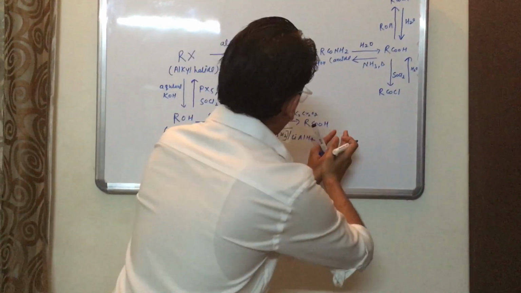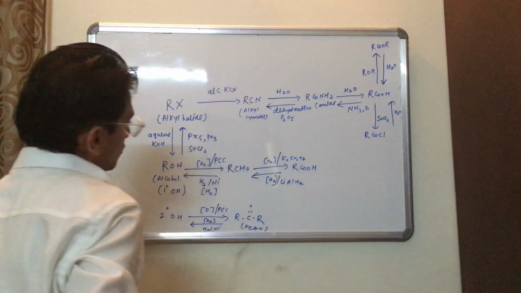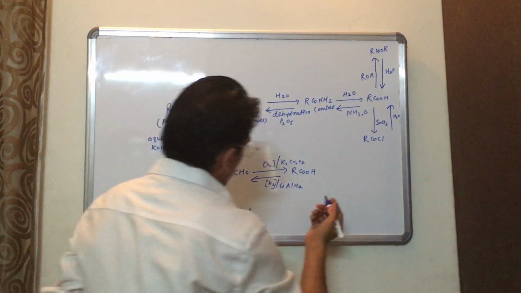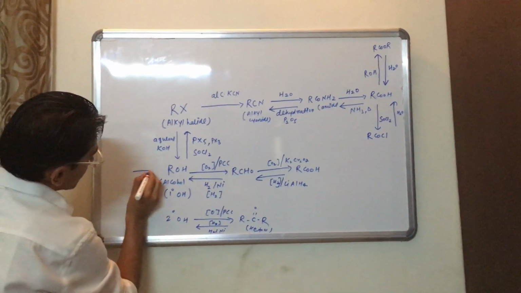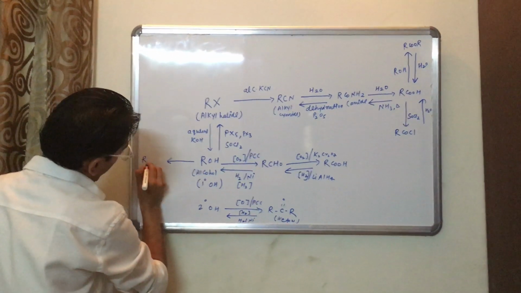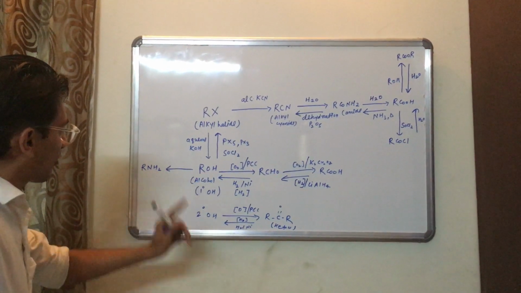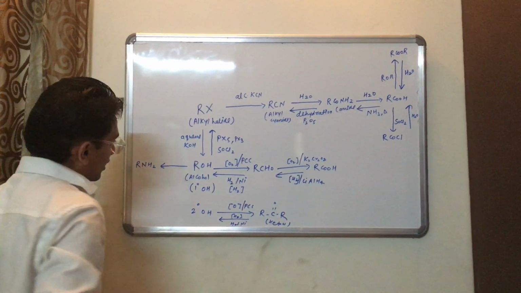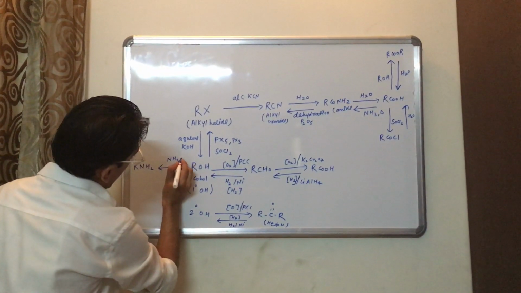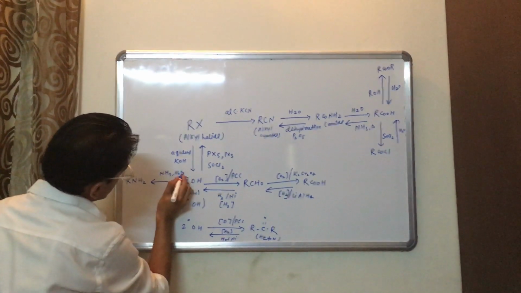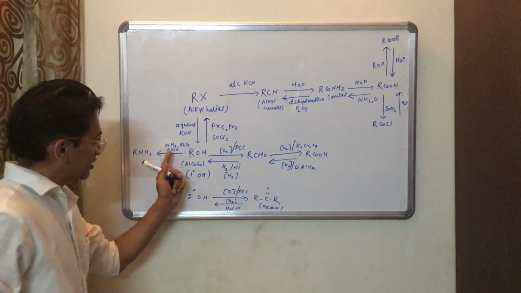And from aldehyde I can get carboxylic acid, and from carboxylic acid I can get aldehyde. Okay, now if I have ROH and I want to obtain amine from alcohol, then I have to add NH3, ammonia, and Al2O3 as a catalyst. Temperature is 633 Kelvin.